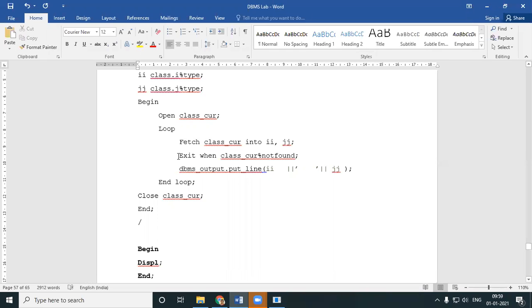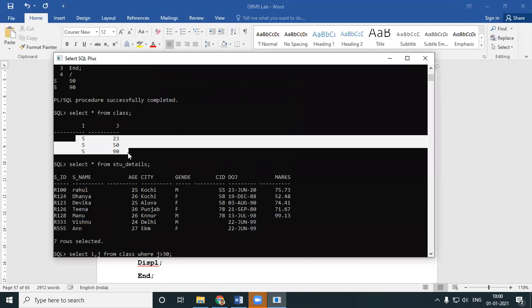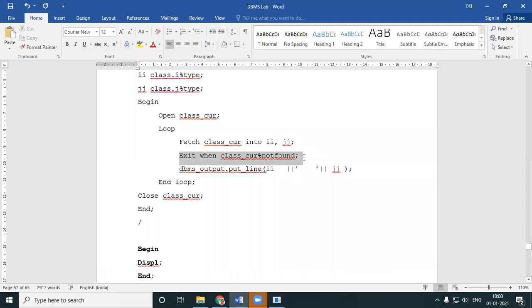We have seen earlier what happens if you do not give an exit. If you do not give an exit, it will go into an infinite loop. Very simple. After these three, your cursor should stop. After row 1, row 2, row 3, you should make the control stop, or else it will go on and on infinitely, and your SQL plus will hang for a long period of time. So to avoid that, I'm giving an exit.